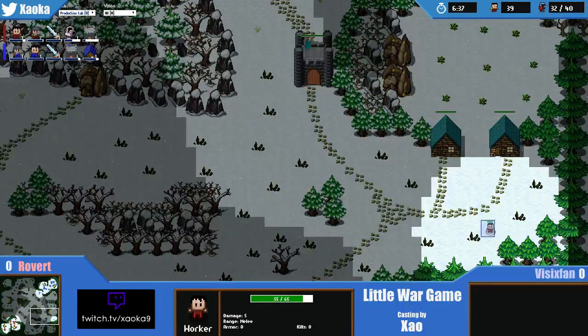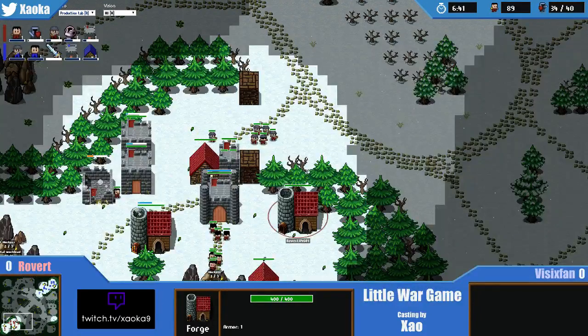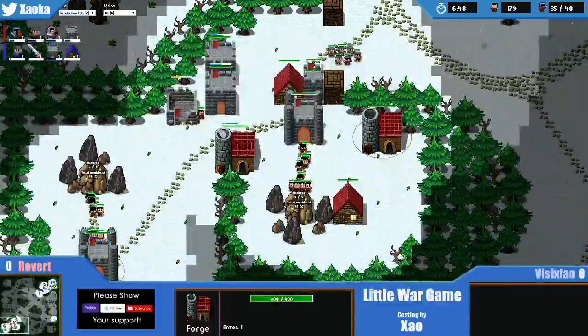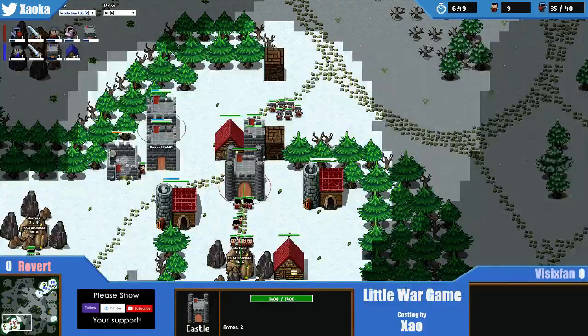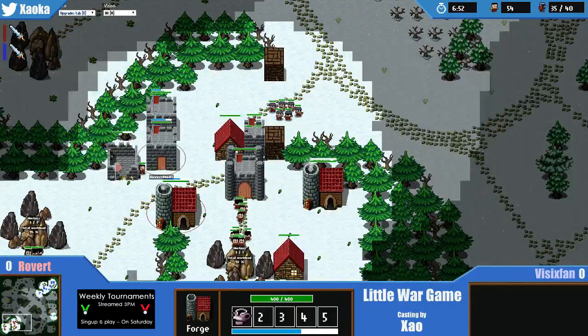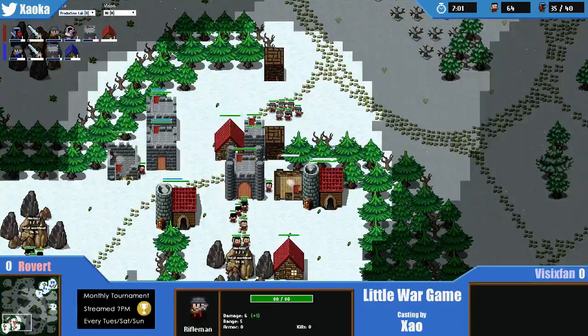Rovert still hanging around, not really sure what his plan is down there, but he keeps moving it, so he is aware it's there. Alright, so +1 attack's done for both players. In fact, this is remarkably identical so far. Tiny little deviations starting to come out now, and it's going to be pretty much a pure rifleman strat here